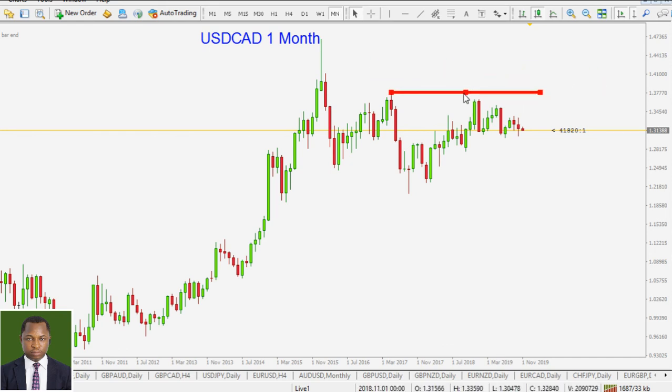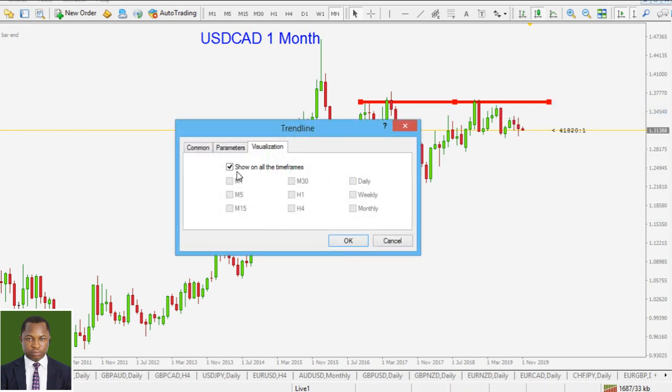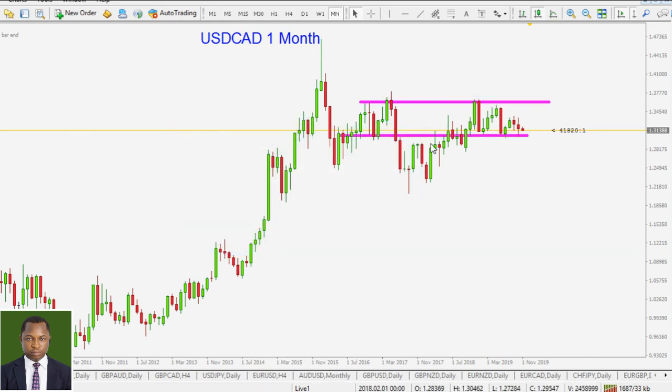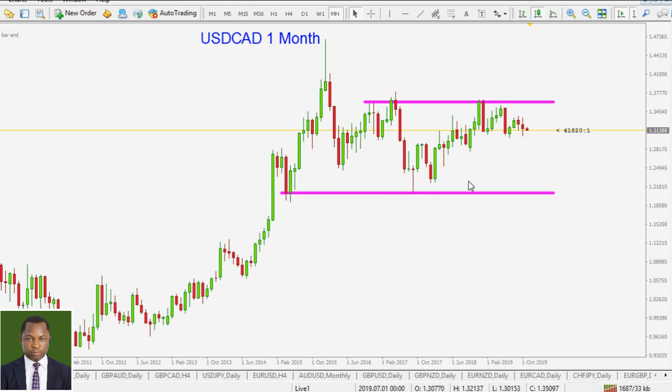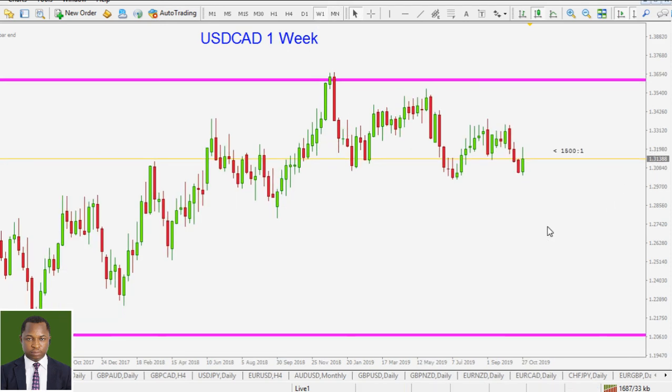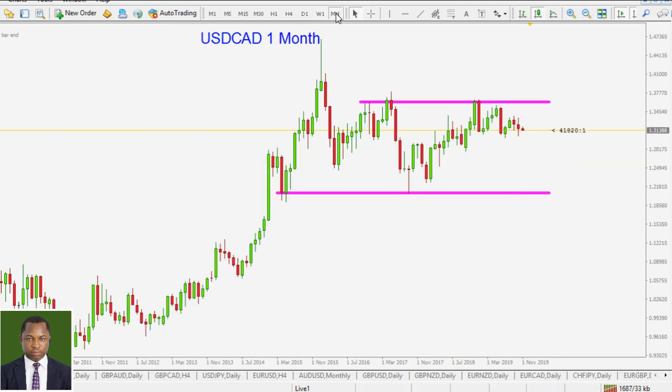Okay, we're going to keep this area. All right, that's an area, so let's keep that. Change that color. Okay, so we are going to also keep this area. Nothingness. It's just that ugly range. Let's see the weekly time frame. In the weekly time frame, remember we had, let me take a look at this.